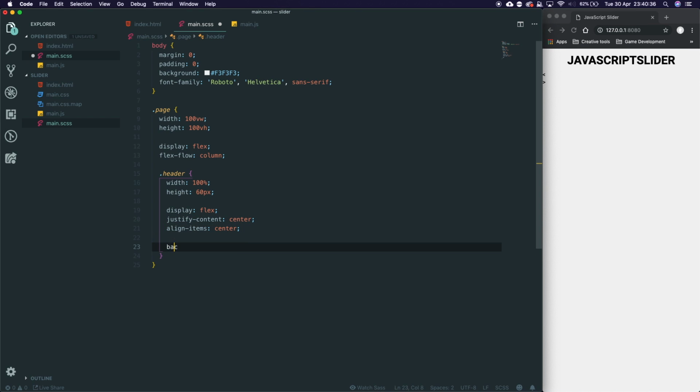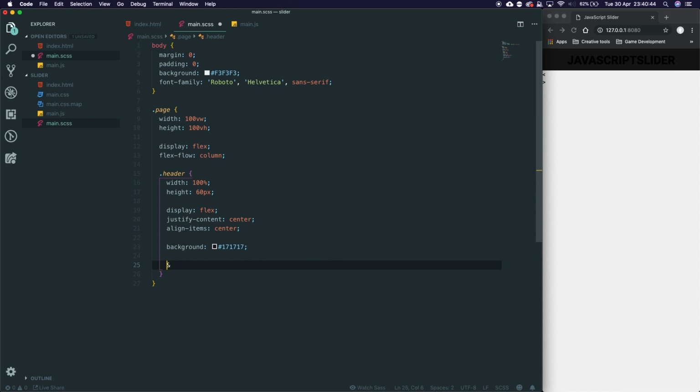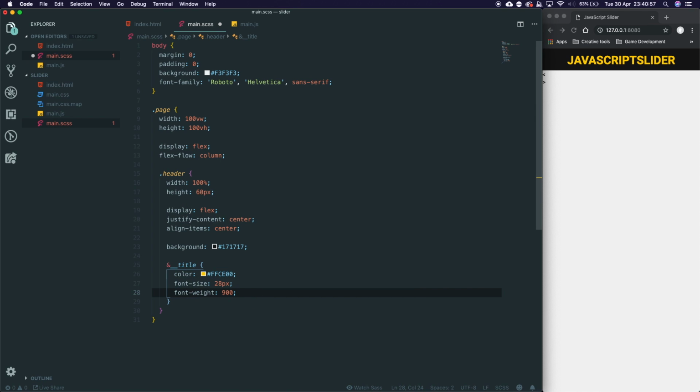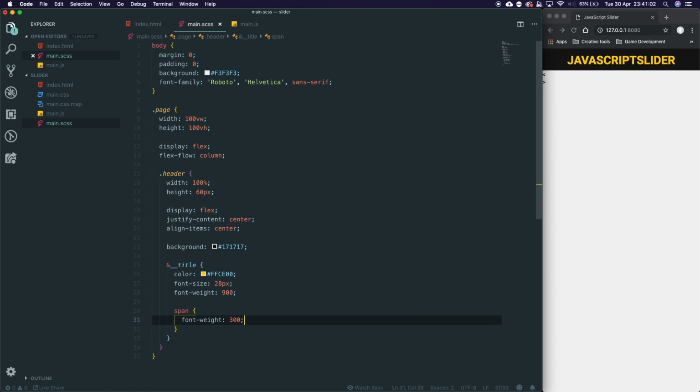Let's add a background color to it. So we'll say background and we'll give it a 171717. It's sorted. And well, we don't need a box shadow. Let's add in a title, give the color of my favorite yellow, the font size of 28 pixels and a font weight of 900. We're then going to get the span inside of it and give that a font weight of 300 because we want it to be contrasting. There we go. So that is the style of our header, and that is all we need for our header